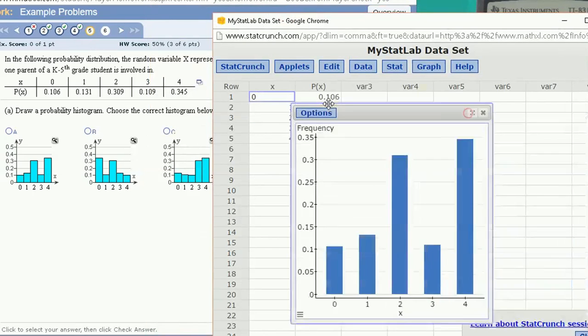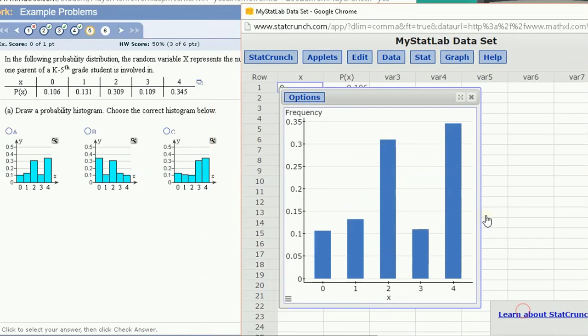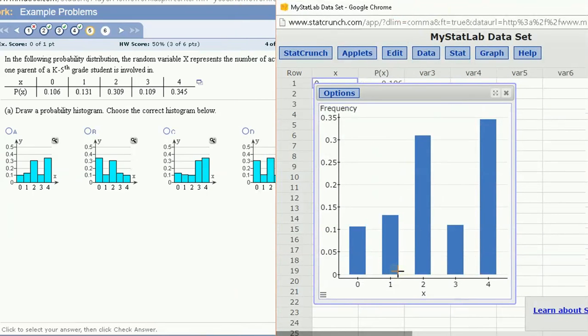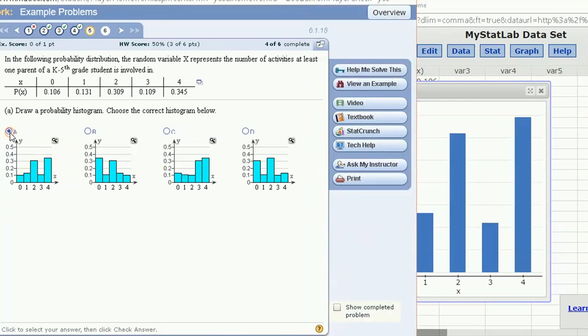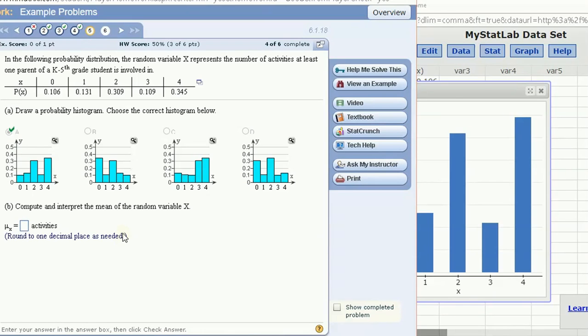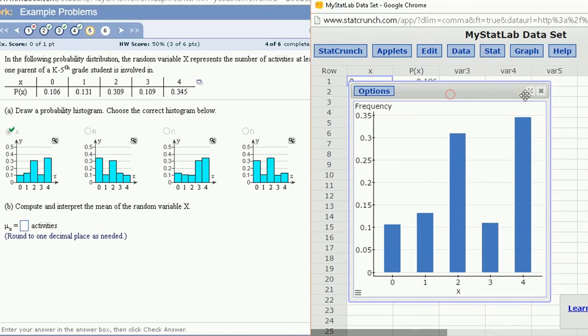Now, a bar chart's not exactly the same as a histogram, but we can't really compare. We can't make the bars wider, but we can choose which of these matches. And you can clearly see it's this first one. So now we can also get